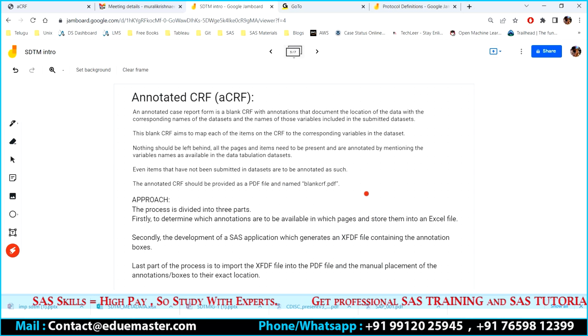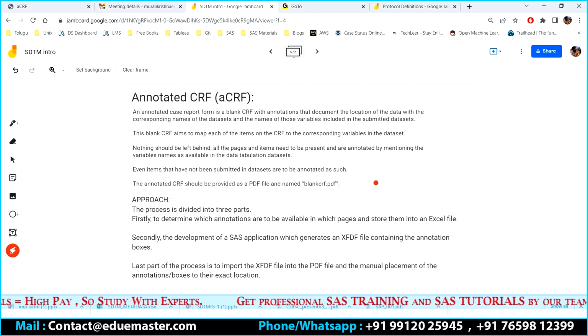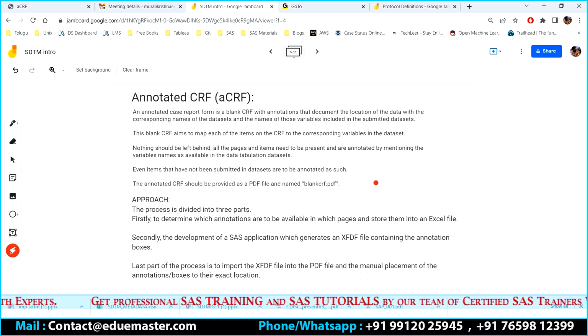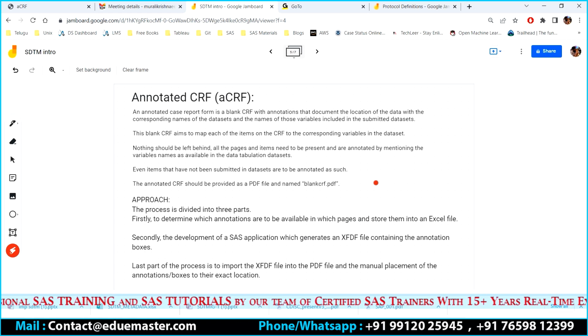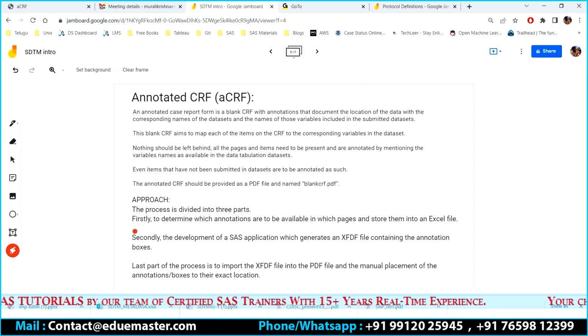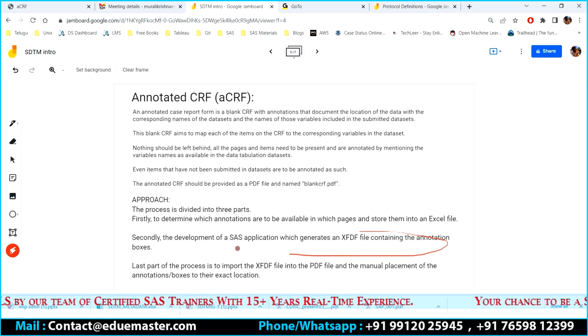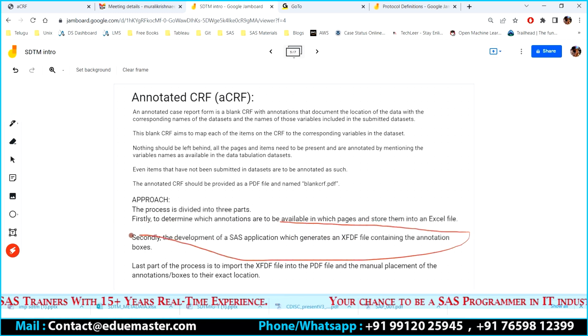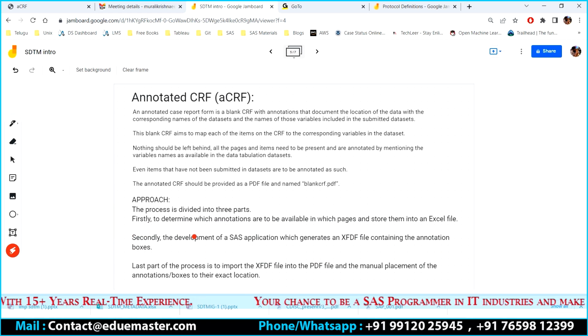Then in this XFDF file there is a process that decides the color format and the priority. The orientation will be decided here. We also decide which domain and all these details will be part of the XFDF file. There is a separate SAS program for this.